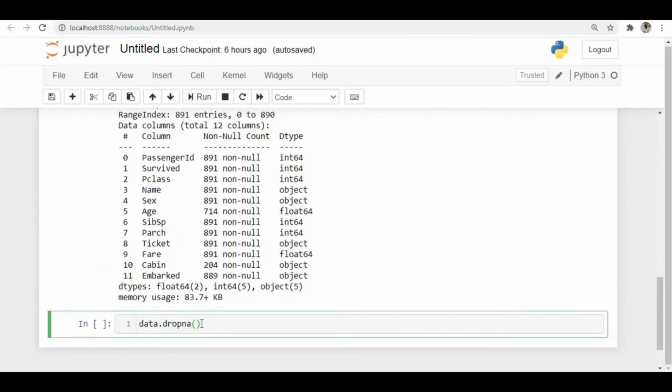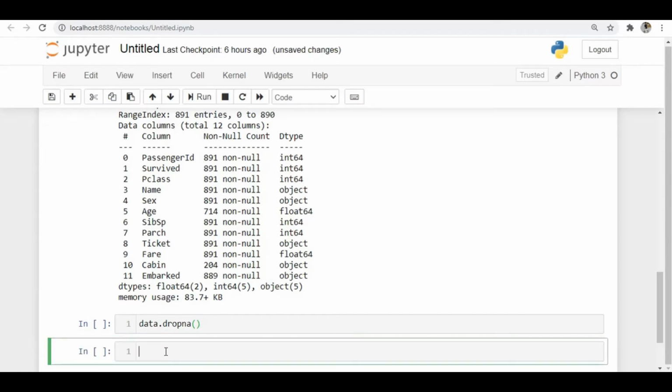It's not preferable, since if we drop the entire rows, we are losing some information, right? That's the reason we mostly should not use dropna(). But this is an available method to drop the null values, so you have to remember that. You can use data.dropna(), and there are other methods also. So I will use